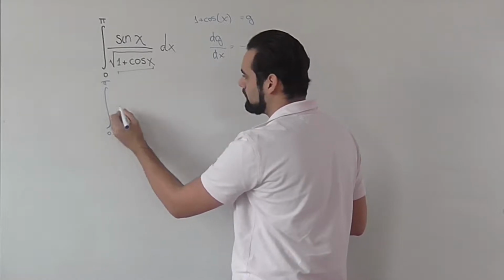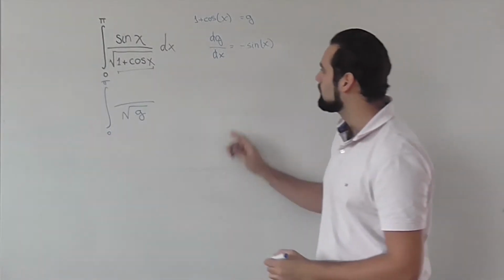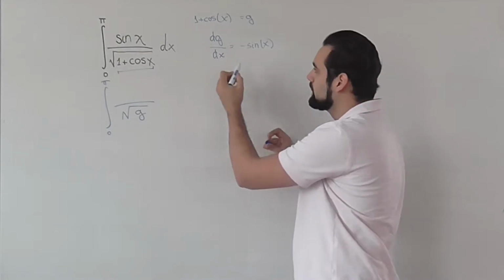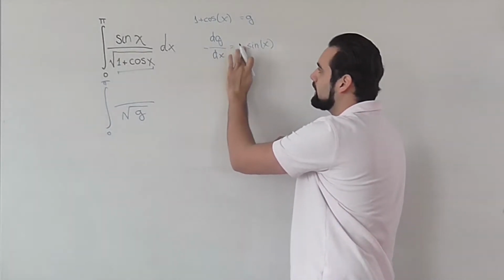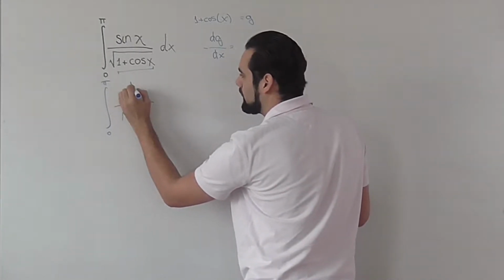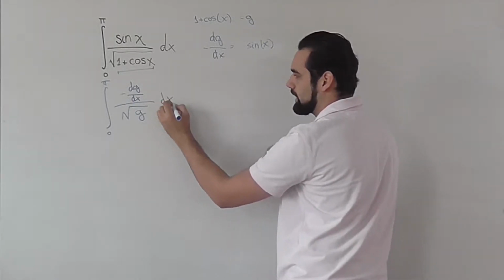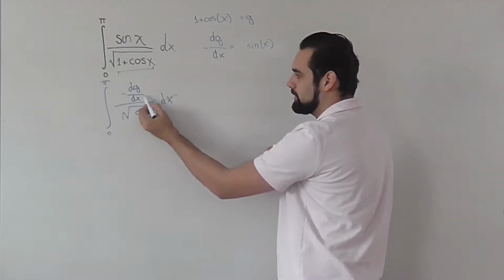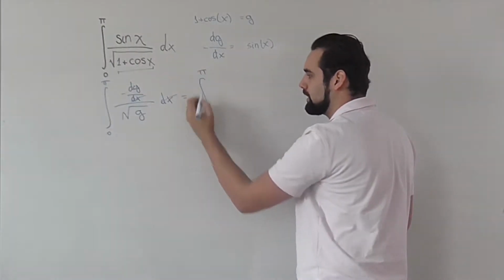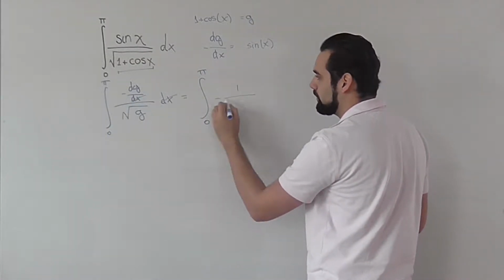So in that case, we will do the integral from those ranges, and the lower part is going to be the square root of g. In this relationship between g and the sine of x, we can put the minus on this side, and then we'll substitute sine of x with this part over here: minus dg/dx, and then we also need to add the dx. By doing this, these two dx can cross out, and we have this very simple expression, which is from pi to 0, from minus 1 over the square root of g